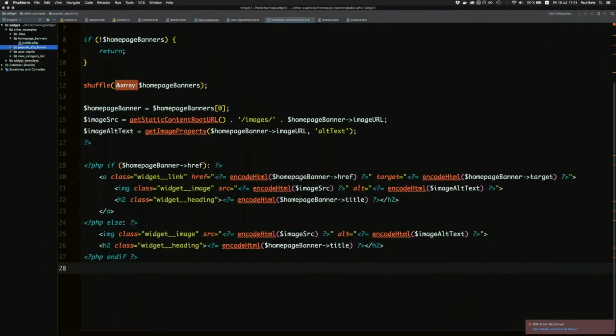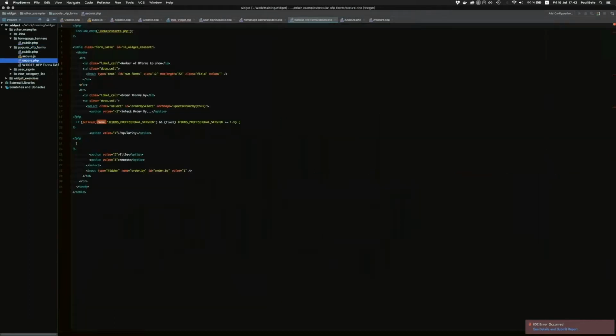A more complicated one would be popular XFP forms. With popular XFP forms, you can have a widget on the homepage where, for example, if the user is logged in, you can display the most popular forms that are currently available, the most popular forms that have user submitted forms. And this one has a secure PHP